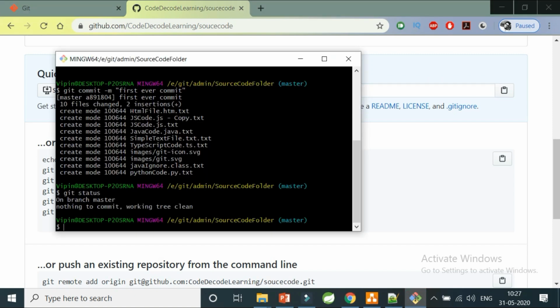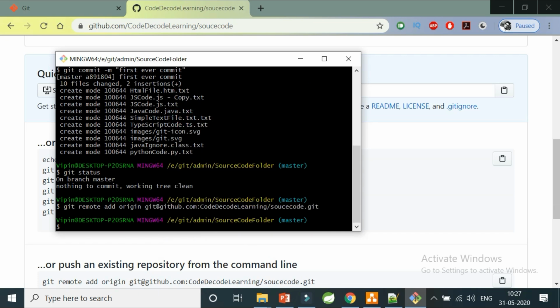So what I need to do is git remote add. So what does this do? It adds a remote repository. There are two basic types of repositories, origin and upstream. I'm going to show that to you in a diagrammatic way, but first let me do that for you. So I do git remote add origin and my SSH key, and I press enter. So what will happen? It will add it, but I don't know if it is added or not. So what will I do? I'll do git remote -v.